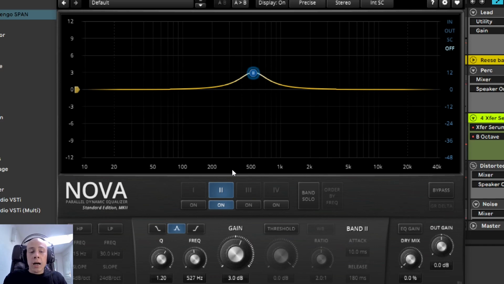In the equalizer, I have picked the frequency of 500 Hz, which is boosted by 3 decibels. This is enough to fill the bass with some extra mid frequencies. As you see, I have set the Q value a bit low. That is because I want to boost a wide range of frequencies. This is going to sound more natural than a high Q value, which could boost only a very narrow range of mid frequencies.